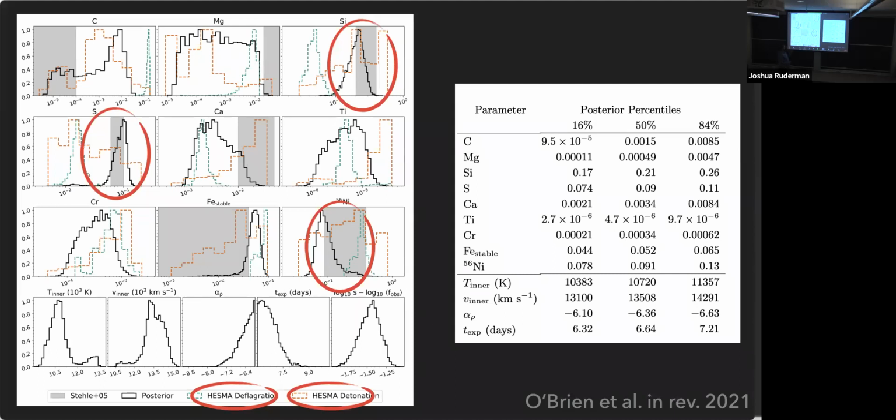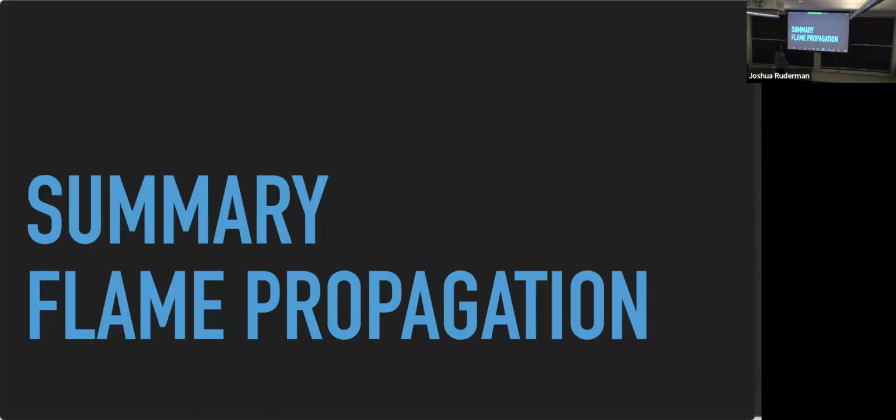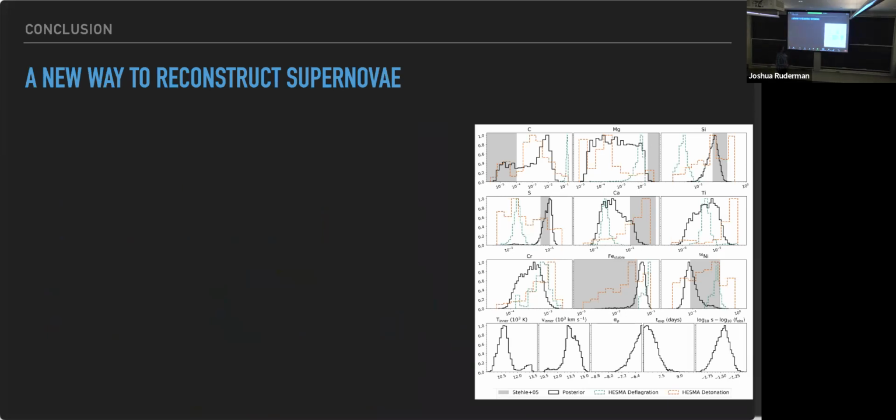And I think this is a great way to show that this works. We do not expect Type Ias to be deflagrations. So the summary. Delayed detonation, right? Sorry? The delayed detonation. The delayed detonation is a deflagration on the inside and detonation on the outside. And so essentially what you would see on the outside is mostly detonation.